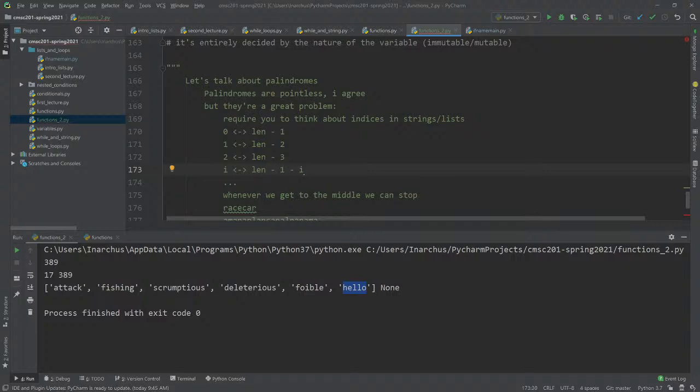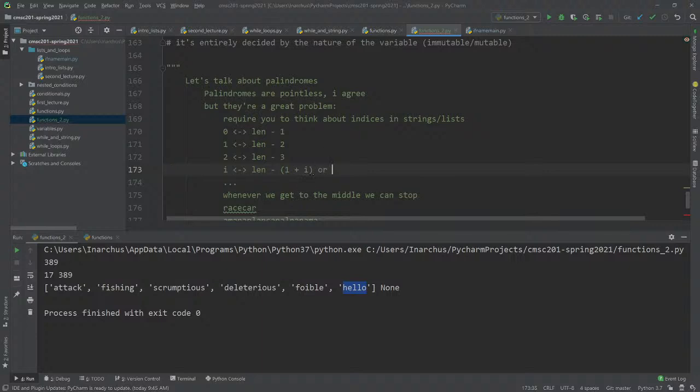Or you can do length minus i minus 1, whatever. Or you can say this is 1 plus i. I don't really care how you do your order of operations as long as you get it right.